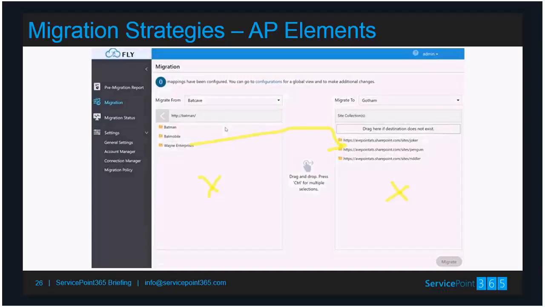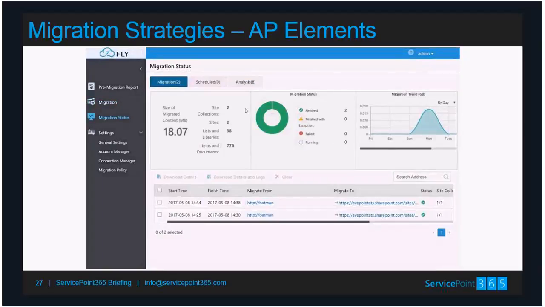And then when the migrations are running, it gives you very good exposure to what's been migrated, statistics, and how the jobs are running. If there are any issues, it exposes any issues or alerts so that you can go back and resolve those and maybe rerun just that one particular area. So the tool is